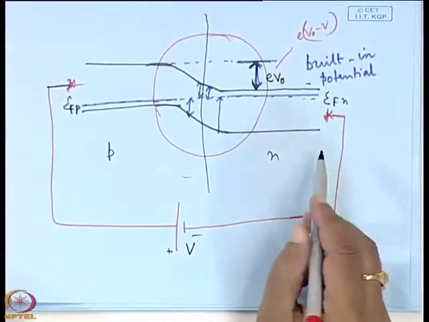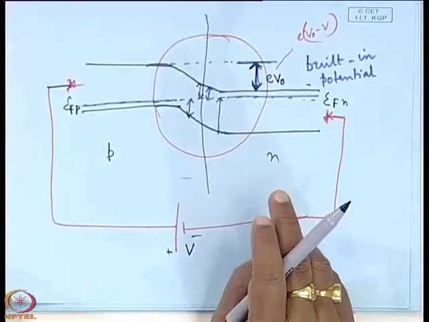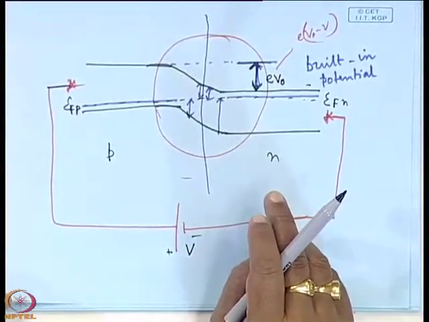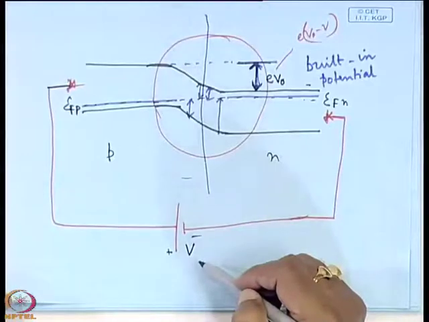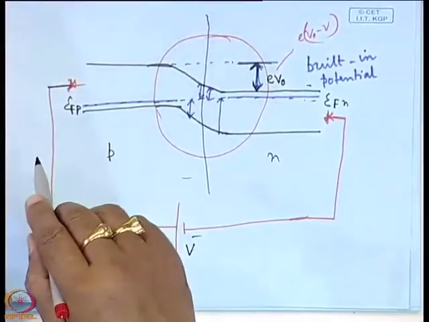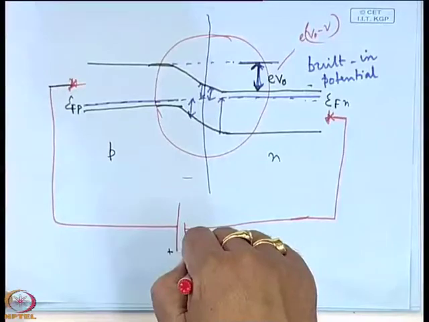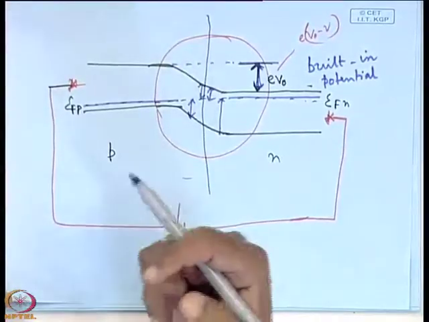So, the electrons which are getting out from the n region are being compensated by the negative terminal of the battery. That means at the cost of the battery, at the cost of the energy. From where is the energy coming? From the battery. So, basically you are losing energy of the battery to compensate the charges which are diffusing